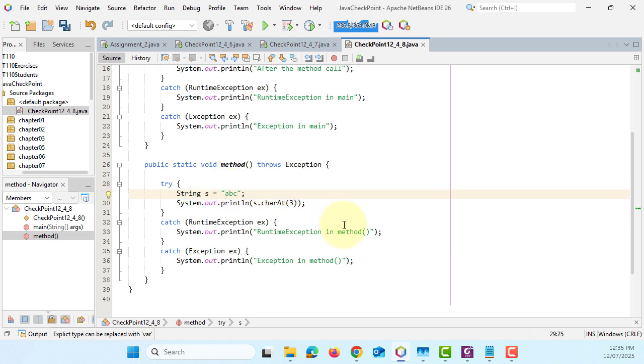So as you can see, string object s has "ABC". So if you're looking at the indexed variable, this is 0, that's 1, and then there's 2. But we are trying to look at index 3, that doesn't really exist. So in this case, we're going to have what we call a StringIndexOutOfBoundsException,